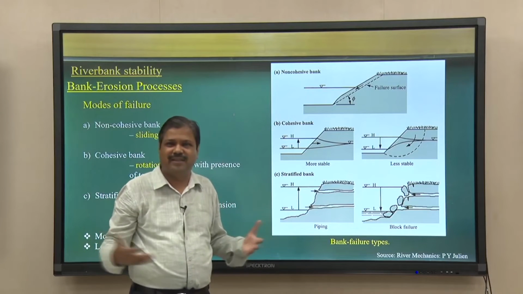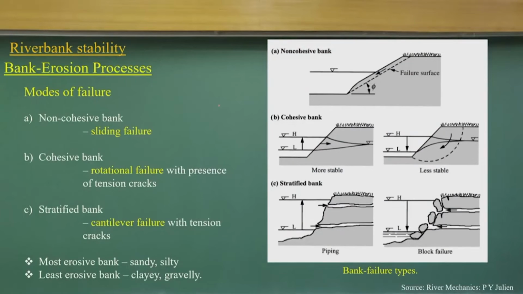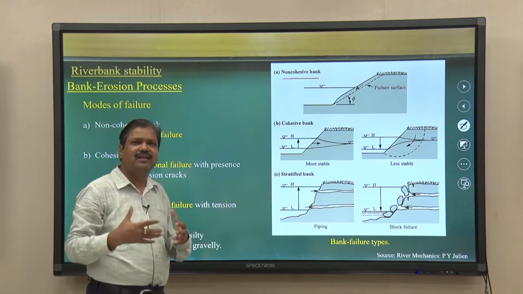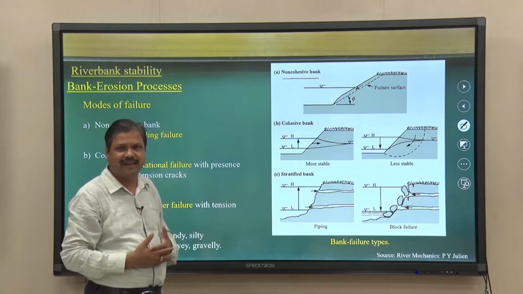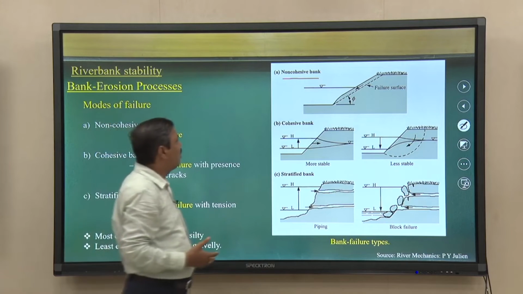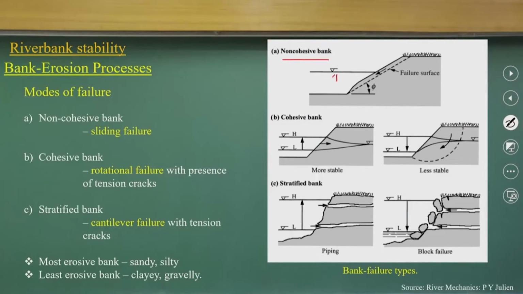It is not the same everywhere. In some cases, you consider a non-cohesive bed, meaning there is no significant cohesive strength in the bank materials, as with sand, where there is no cohesive strength. In that case, if you have an angle of repose and because of higher stress, there will be toe scouring,